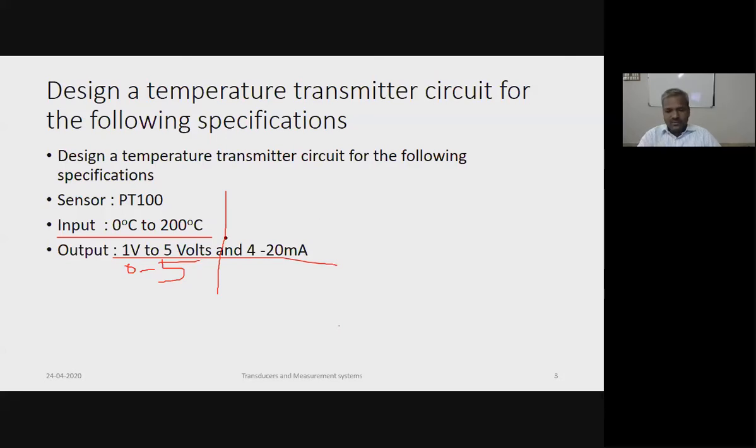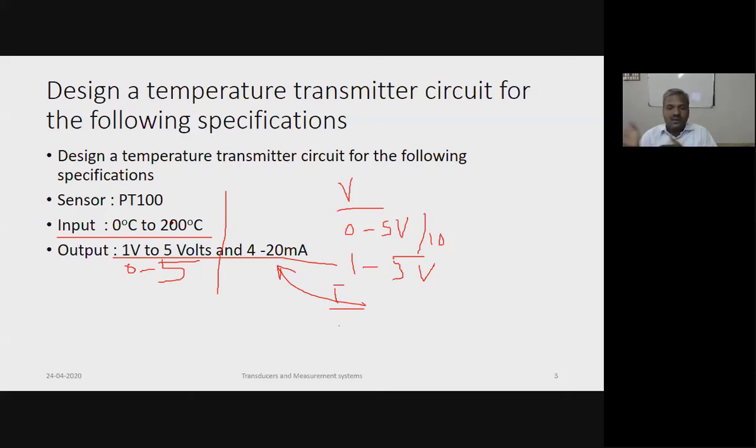Okay. Before going to the discussion, there are standard signals, instrumentation standard signals. For voltage, 0 to 5 volt is the voltage signal. Normally 0 to 5 volt or 0 to 10 volt. Similarly, the instrumentation standard, this is the normal range, but the instrumentation standard is 1 to 5 volt for voltage signal. For current signal, 4 to 20 milliampere. Normally we go for 4 to 20 milliampere for longer range